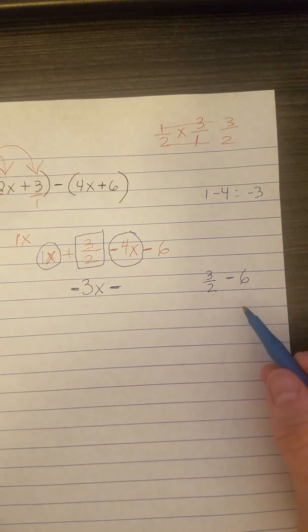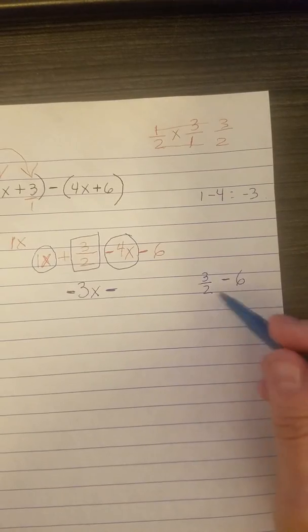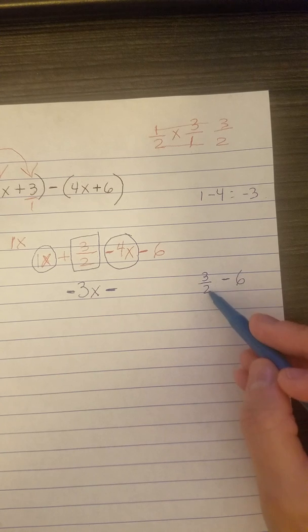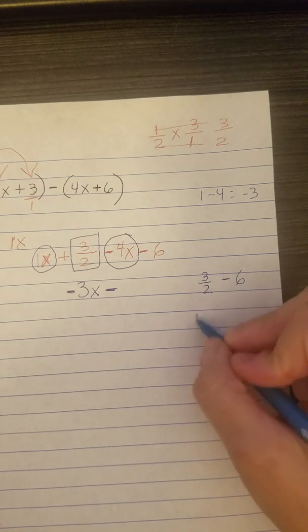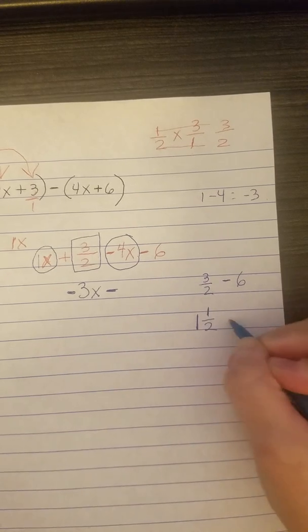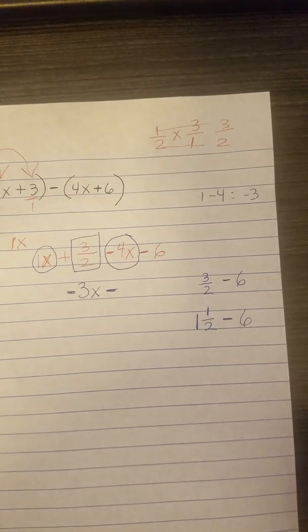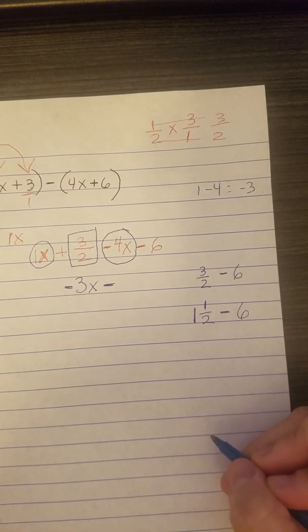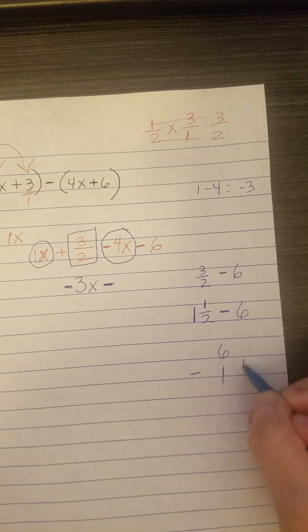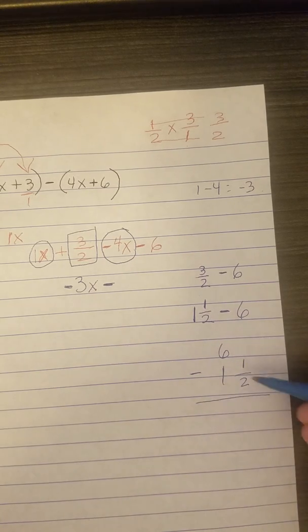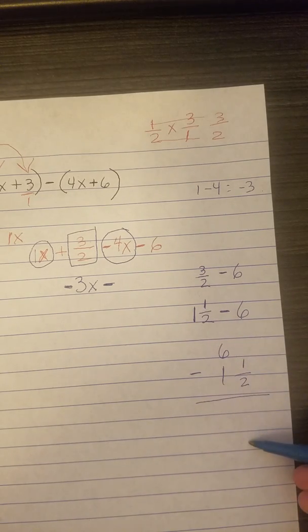This is a concept that is a little bit difficult to understand. I have a couple of ways of doing this, but first of all, this one is a pretty easy number. If you make this into a mixed number, this is 1 and 1/2. So this is the same thing as 1 and 1/2 minus 6. Okay, so let's go ahead and find the difference of this. So 6 minus 1 and 1/2. Now you just can't say 1/2 and bring it down here. You need to